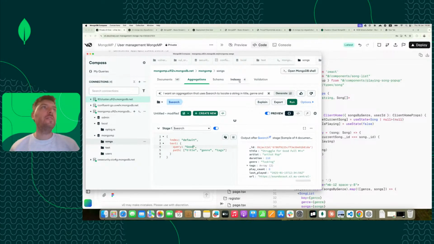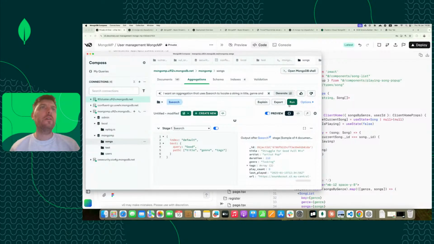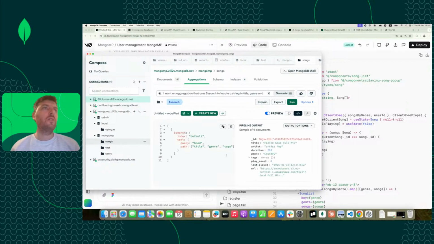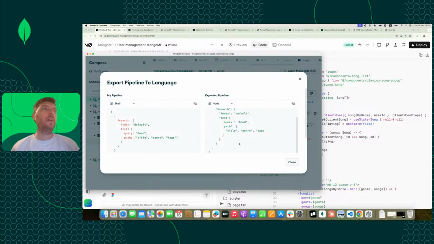And now the nice thing we can do here is export. Sorry. Is that export? No, that's actually exporting the data. There is export to language. So I think it's on this tab. Yeah, maybe it's here. Okay. So we can actually export it into Node syntax. So we can actually use that to